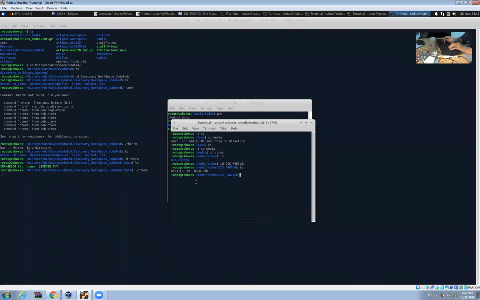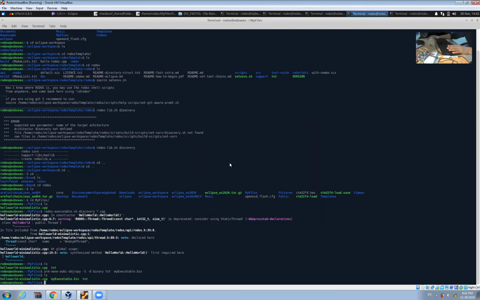So you just can type pwd. This is called the path. So now I have the path of my discovery board, which I just got by typing pwd, and copy this path. Just copy it only one time, and then come to the place where you have compiled your executable file. My executable binary file is there. So now I will copy this binary file. I will say copy my executable.bin to the location of my discovery board, which I just got the path of. So this is the path of my discovery board.